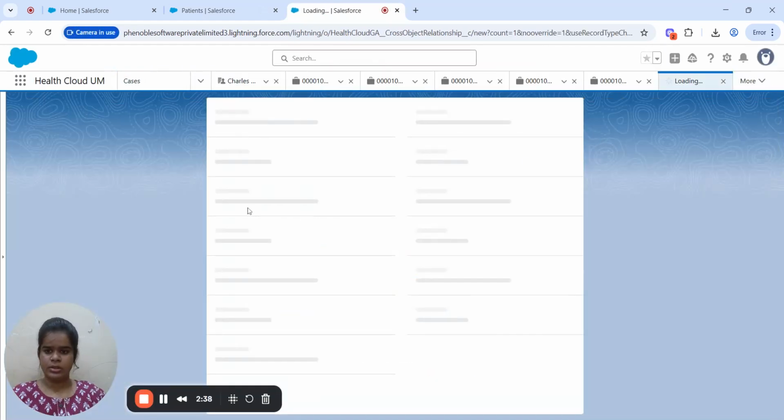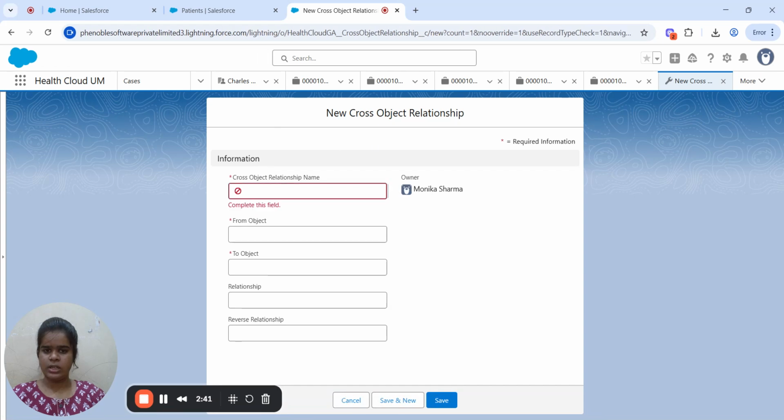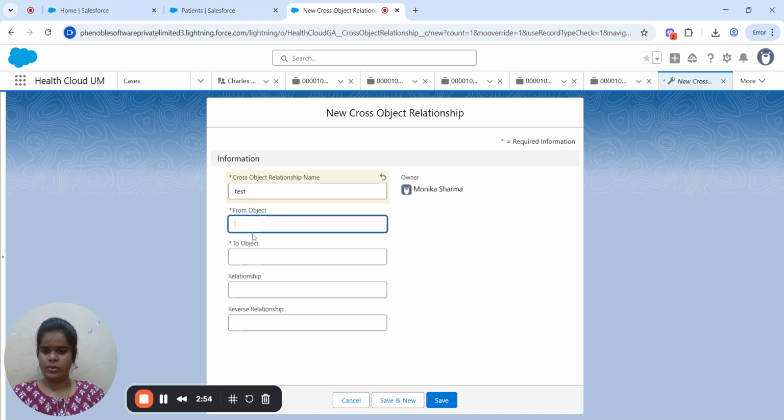From here you can create a new cross object relationship. For example I am giving this test. I'm not going to save it, I'm just giving you the information at a high level. If I want to create the relationship list for the contact and account, I need to write here the parent object like account, and here the contact, and the relationship we can say contact.